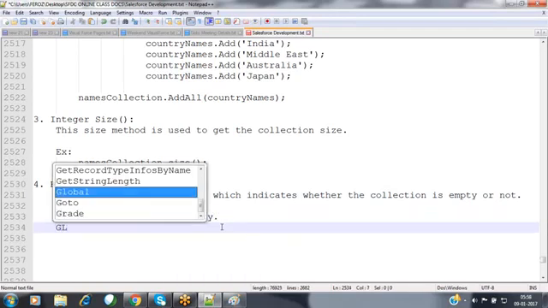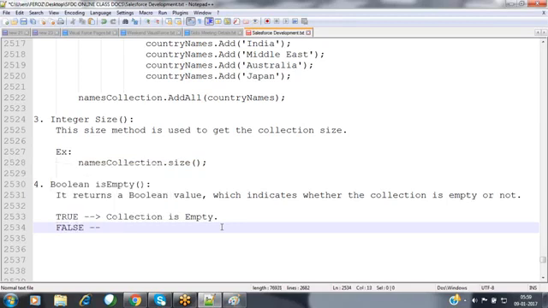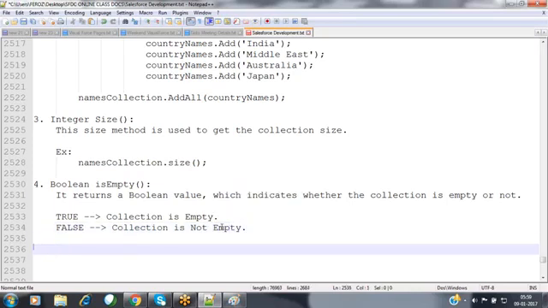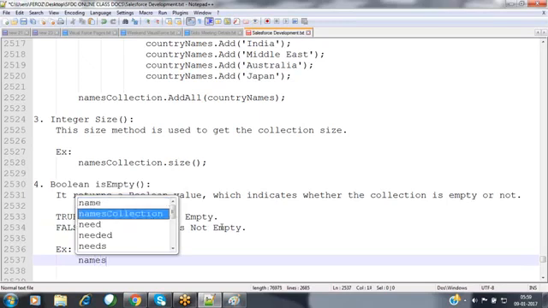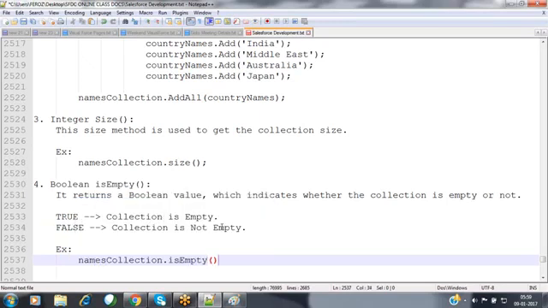And it returns false when the collection is not empty. When the collection is not empty, it is returning that value as false. So that we can identify by using names collection dot is empty.